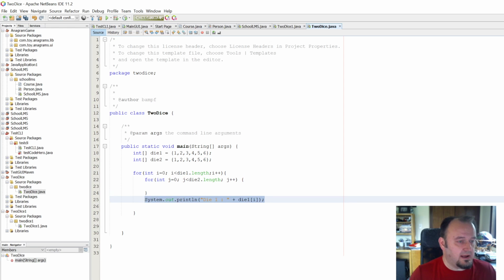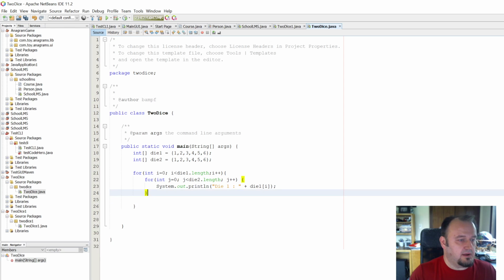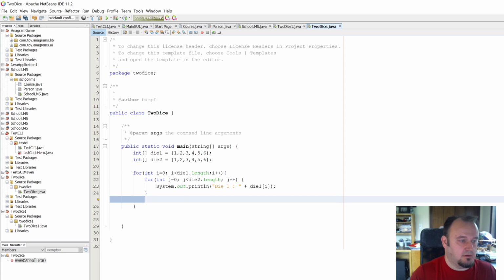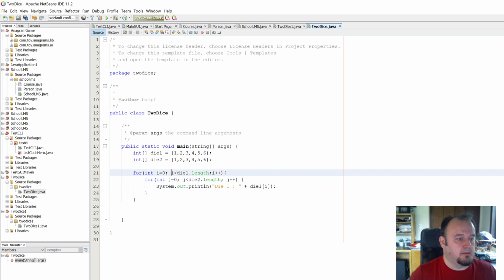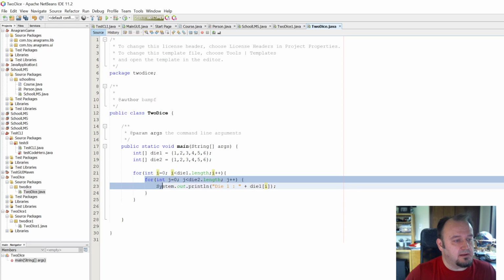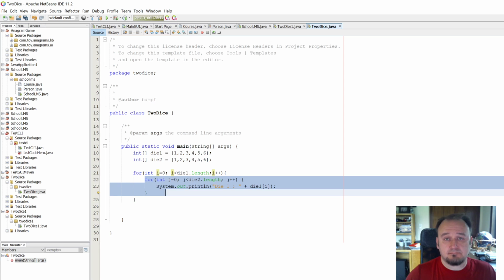Now let's put our code outside that loop. We want that inside the loop, so I'm going to cut and paste that back in there where it belongs. And now we have a loop inside of a loop. So what's going to happen is this outer loop is going to start at 0 and then hit this inner loop. The inner loop is going to loop 6 times,